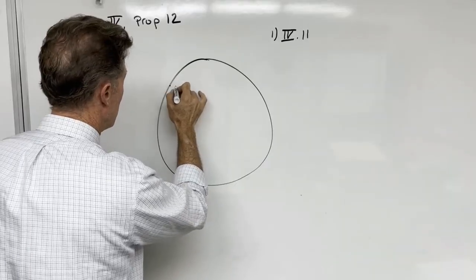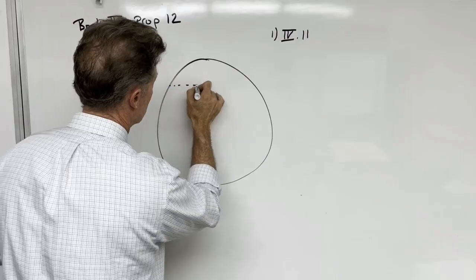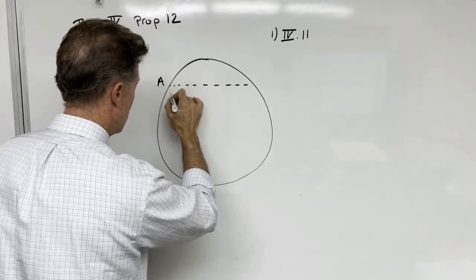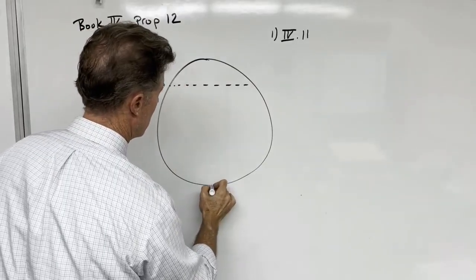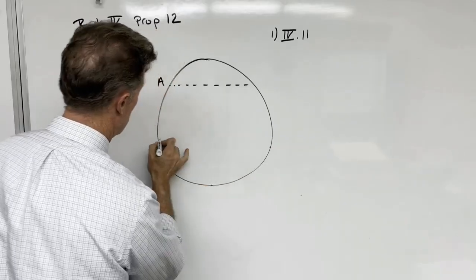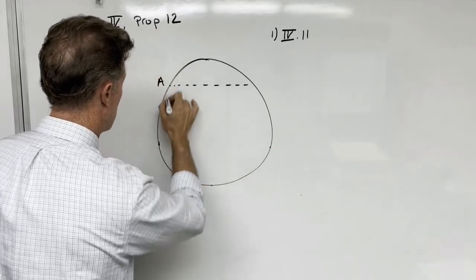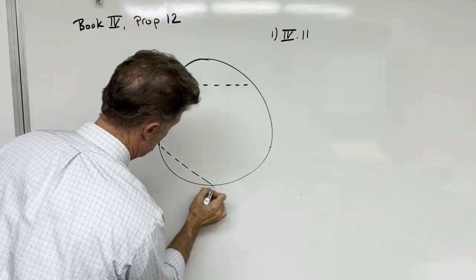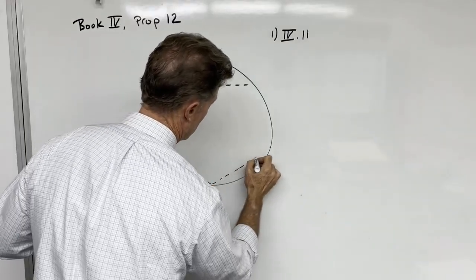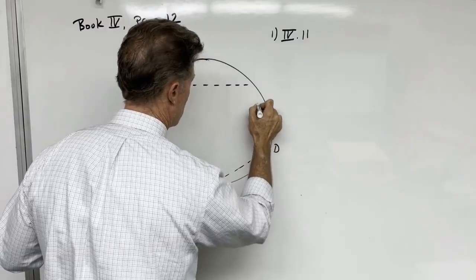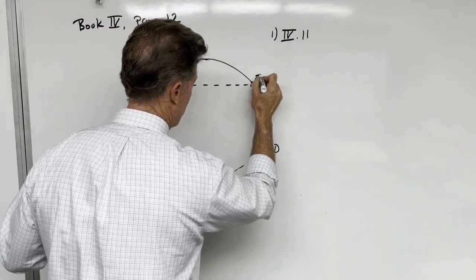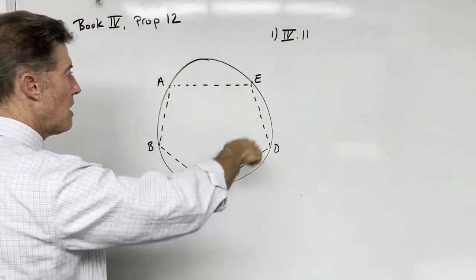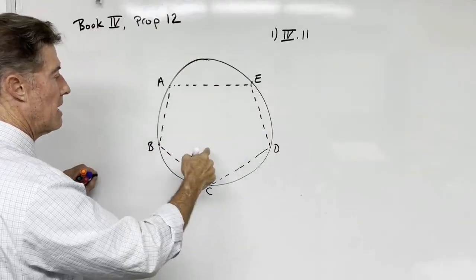So let's call these points A, B, C, D, and E. So we're going to use the prop from before of inscribing an equilateral, equiangular pentagon inside, and then